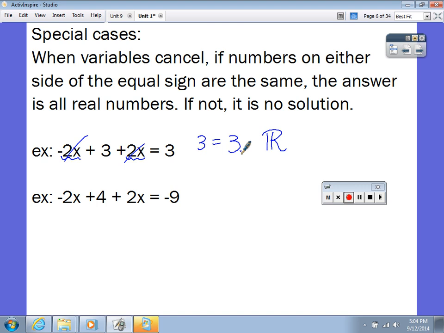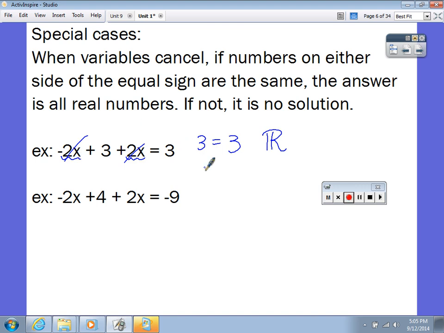But let's talk about why really quick. It's because if I picked any real number, I could pick the number 1, 2, 100, 1,000, 1,000,000. If I plug them in for my x's, I would always get 3 equals 3. Always. I would always have the same answer equal to the same answer. So this means any number in the entire world, if I plug it in, will give me a true